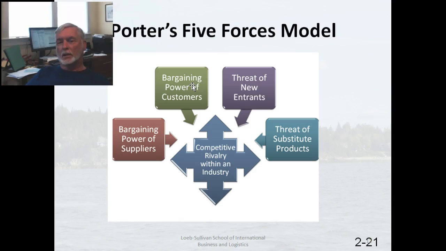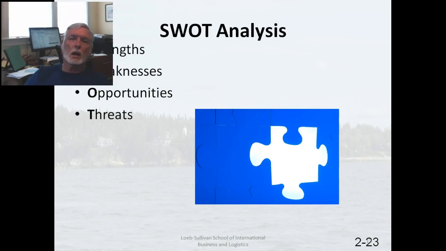And then finally, the thing in the middle there, how competitive is the current industry? Are there lots of active and aggressive competitors, or is it kind of sleepy and there's not so many people in that industry? So if the competitors are active and aggressive, it's less attractive, and if there aren't as many competitors, it's more attractive. So we'll get into Porter's a little later when you start doing some case analysis, but it's a good thing to know about. And we've covered SWOT: strengths, weaknesses, opportunities, threats. Strengths and weaknesses are internal, and opportunities and threats are external. So that's it for chapter 2,